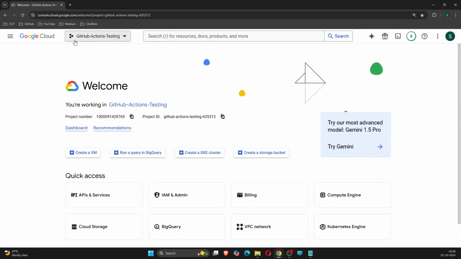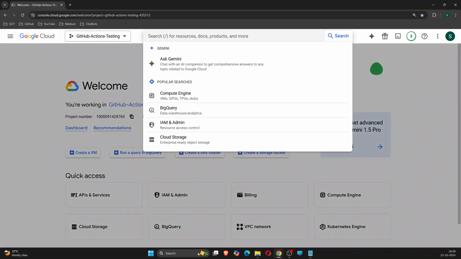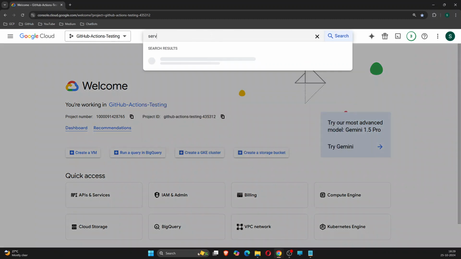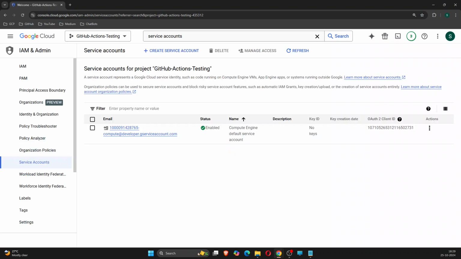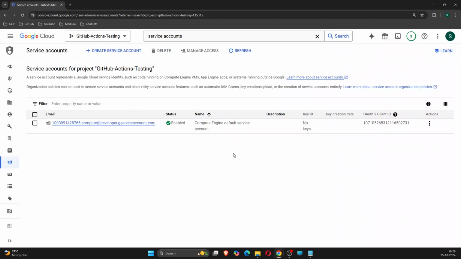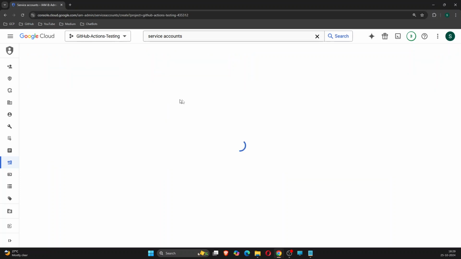and go to the GCP main console, and here at the top I will search for service accounts because that's the first step you have to do for this whole procedure. If you don't have a service account, you have to first create one yourself. So then click on create service account